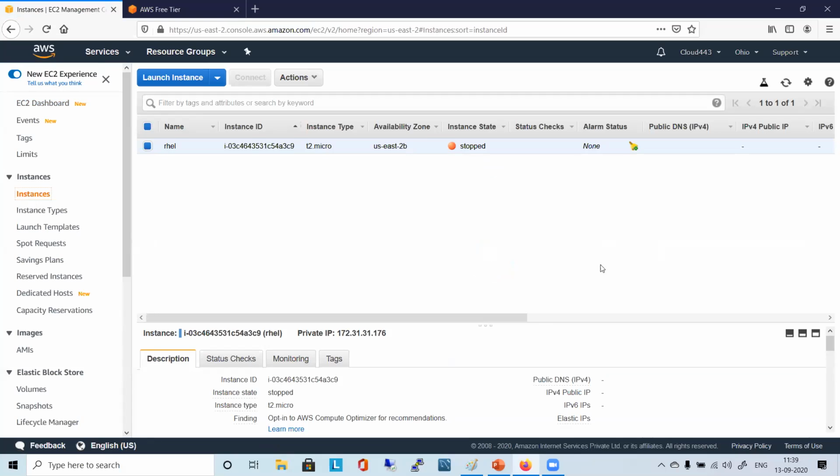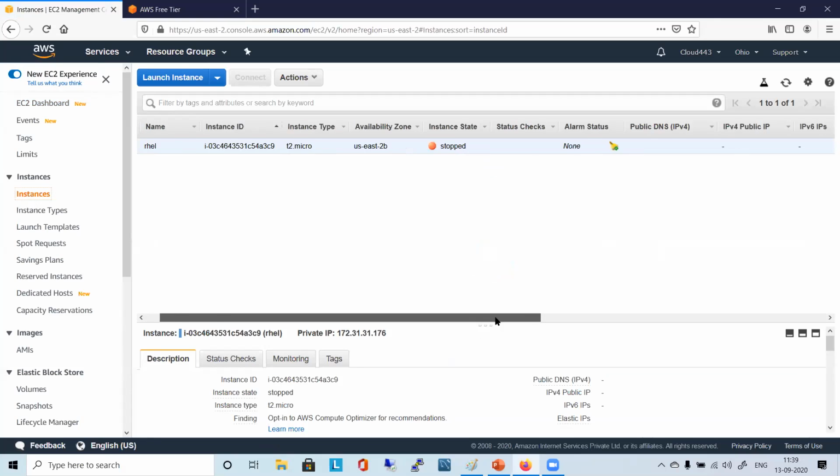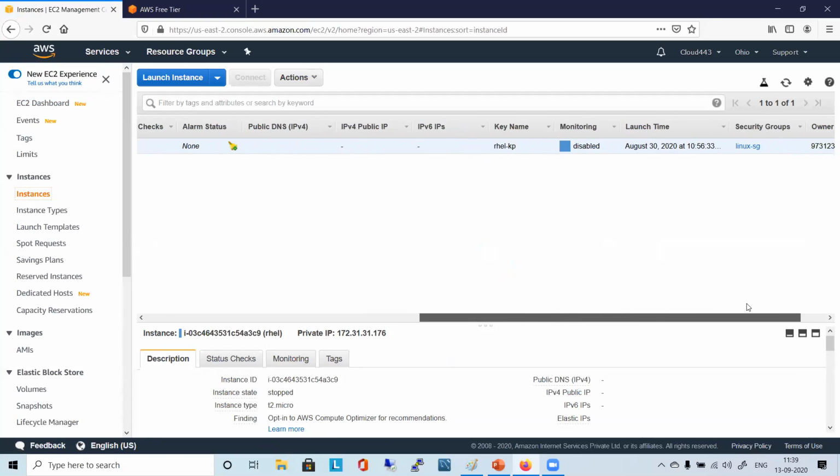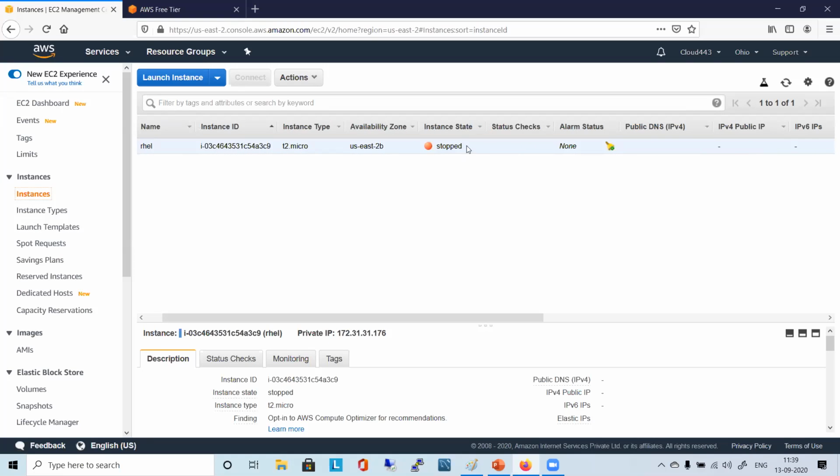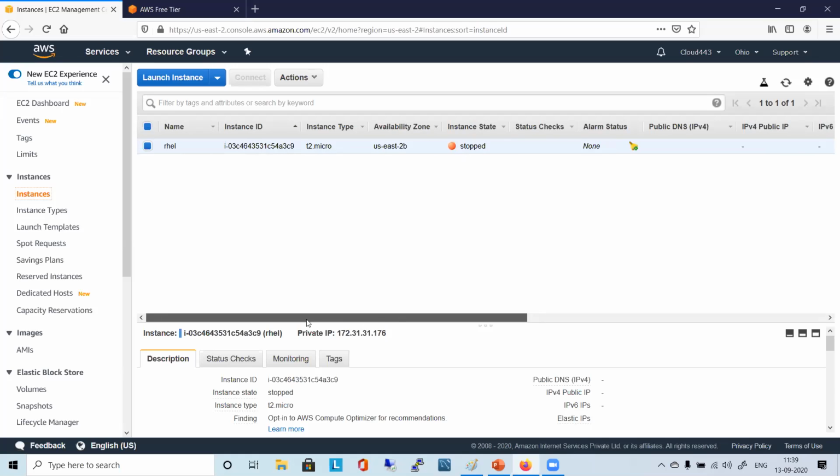Right, because this is a fresh account, right? So I have one created just for the previous batch. Usually I would delete and not keep it, but this is fine if it is kept in stopped state, right? So it is okay to keep it like that. But no, usually, let me show how we can terminate it.